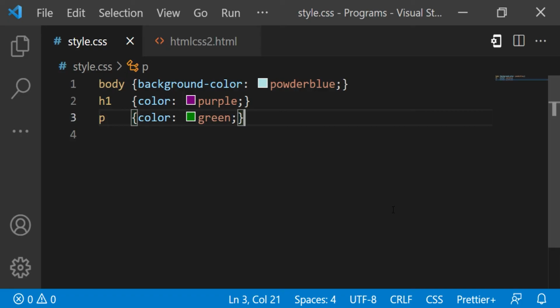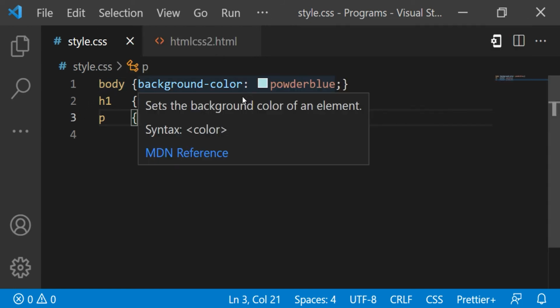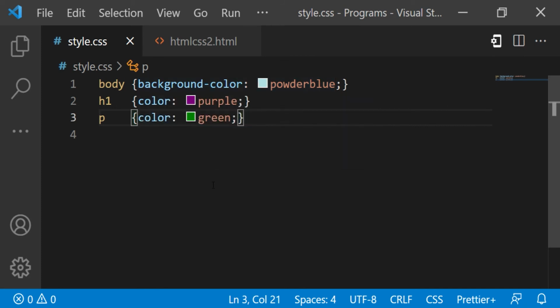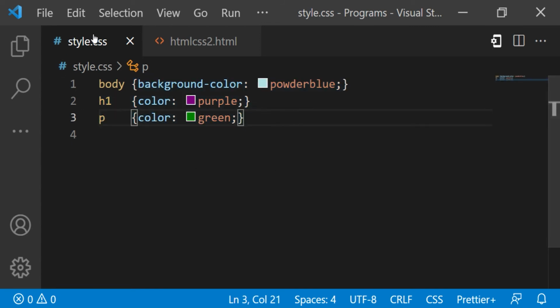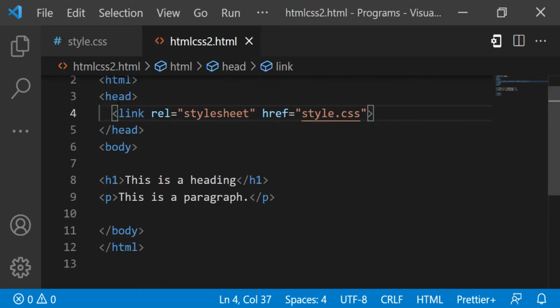The CSS file style.css. Here we are creating just a CSS file, which we are going to import in the HTML file. We have given some colors to the HTML elements and saved it with the CSS extension. Here is the HTML file. In the head section, we are linking the CSS file to the HTML one so that all the CSS will be applied to the HTML elements.